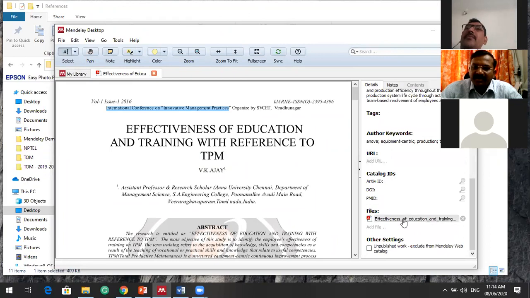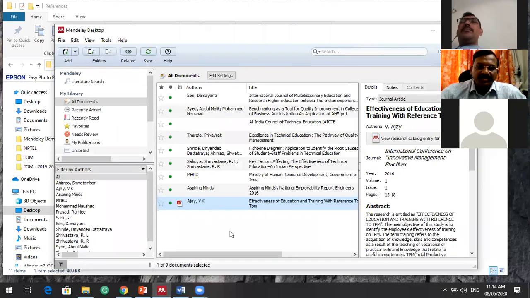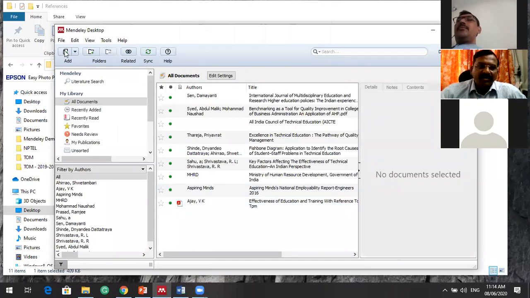And as you are already having the file, you can see it in the files references. If you just click it, it will open that particular file. So this is how the entire data of the file or the reference which you had added is taken. So you are dragging and dropping it, or you can add it from the particular folder.